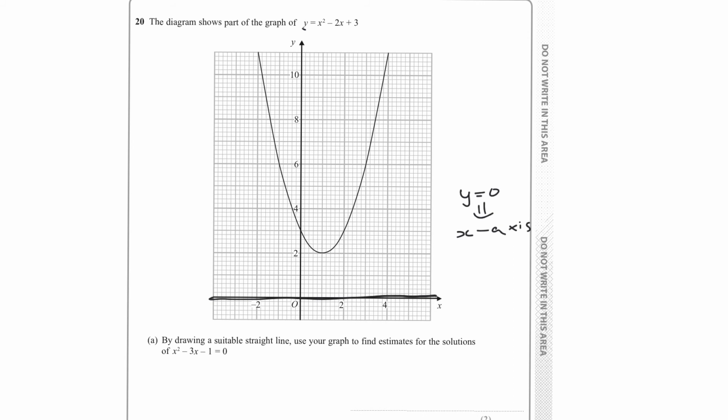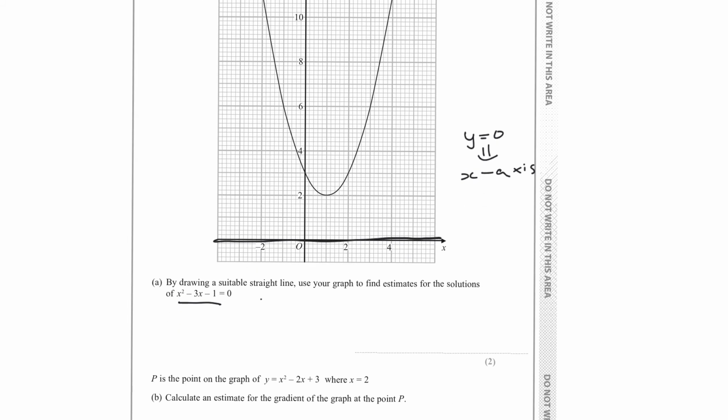However, this graph that is initially drawn is very different to the equation here. If you have a look, for the first equation, we've got x squared minus 2x plus 3. For the second equation, we've got x squared minus 3x minus 1. So in order to work this out, we've got x squared minus 3x minus 1 is equal to 0. And we've got x squared minus 2x minus 3, sorry,